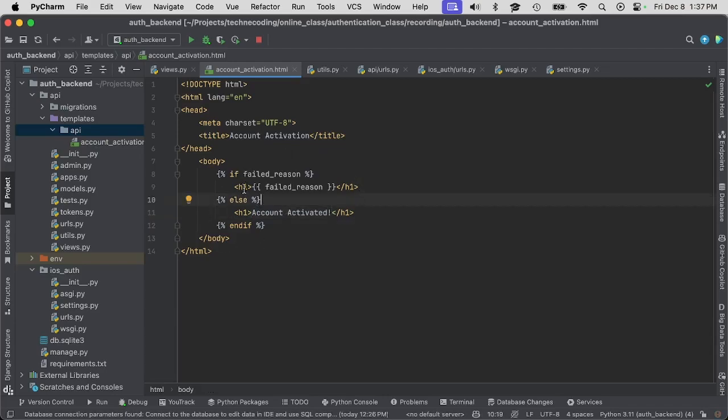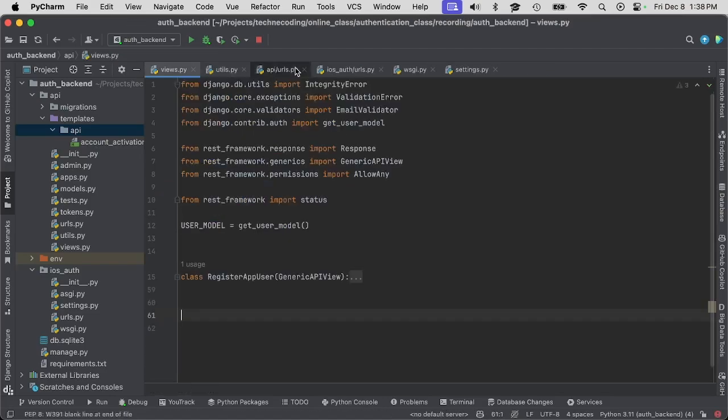There's a lot more to learn about Django templates. I'll leave that to the viewer, but just know that this is the way we can handle some of these errors. It goes way more in depth than this, but we're going to leave this for right now. So if there is a failed reason, it's going to list out the failed reason in HTML. If there is not a failed reason, then it's successful, and we're going to tell the user that the account was activated. So now what we can do is we can come back into our view here,